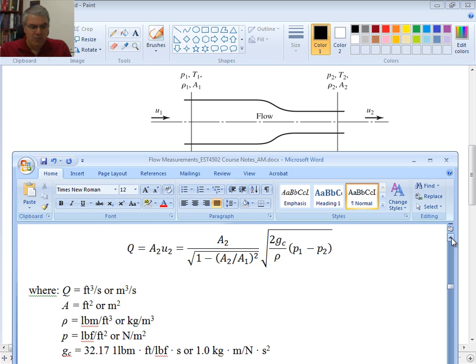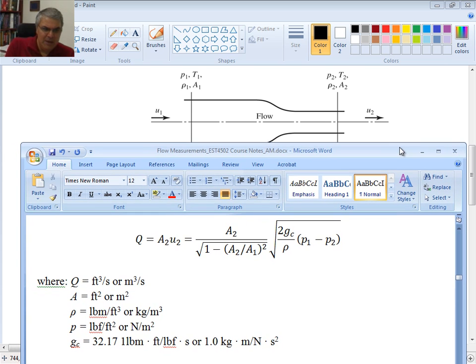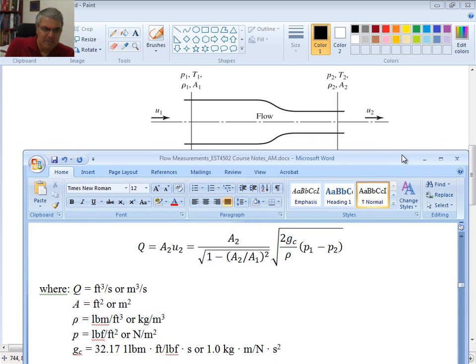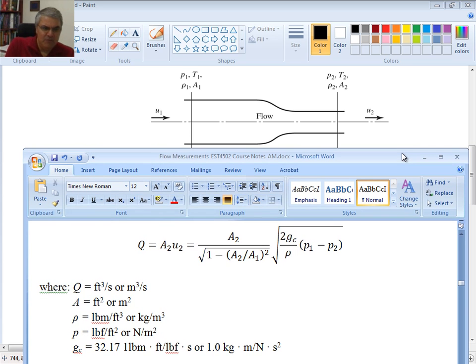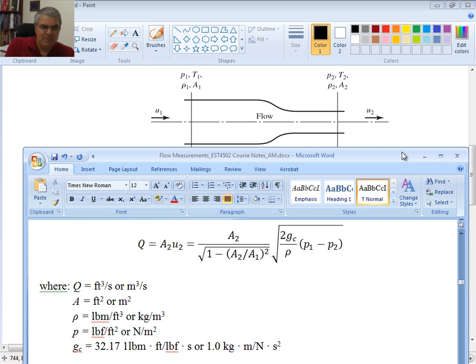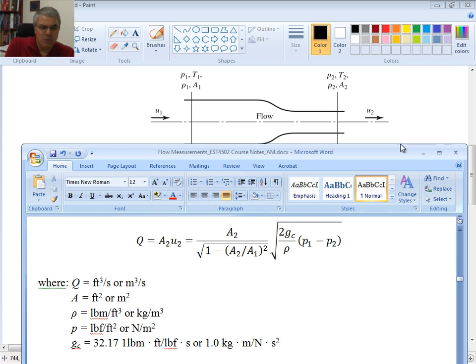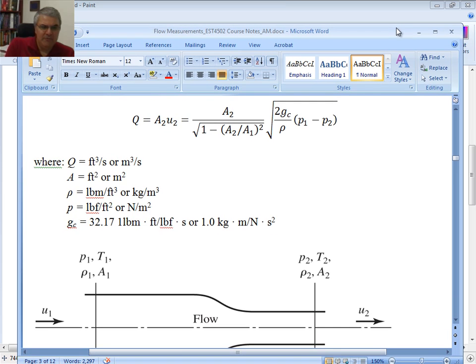This is 1 for 1 kilogram meter per Newton second square, and 32.17. It's the pound mass foot per pound of force. So please keep that in mind. Could be a little bit complicated, these units, but really the bottom line is if you follow them and make sure you understand them, then you would not run into any problems. Okay, so